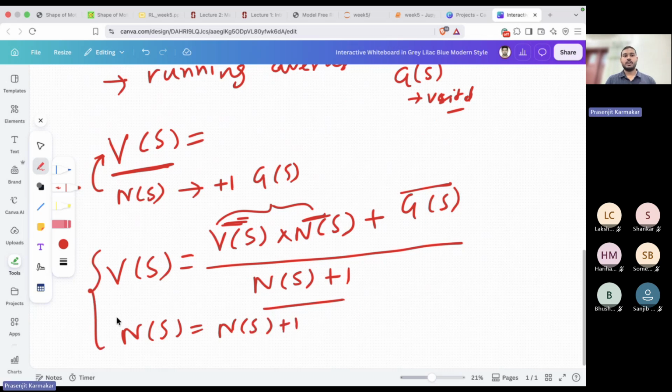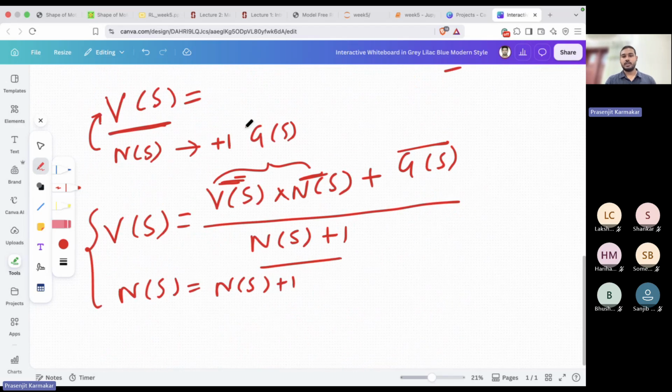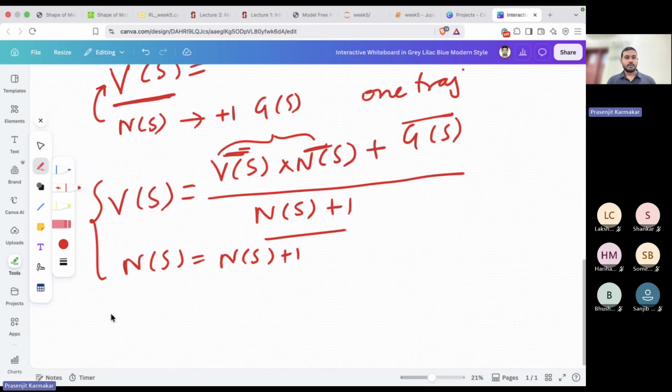So if I don't do this total thing and then divide it at the end, if I do this, then I have to only wait for one trajectory, not the entire 1,000 trajectories, right? Only one trajectory, I get hold of all the G of S, right? I can just update value for all the states, whatever state I have visited in that trajectory. So if I just do some kind of optimization, we can write it as